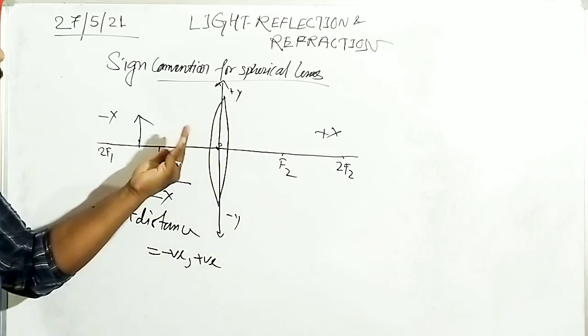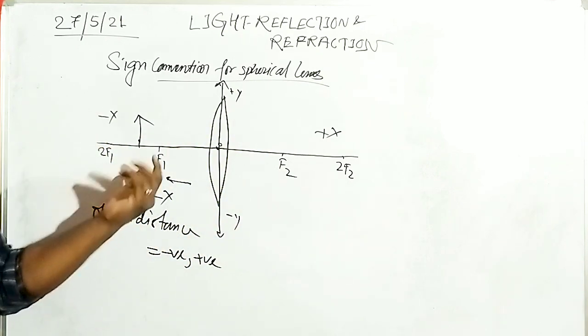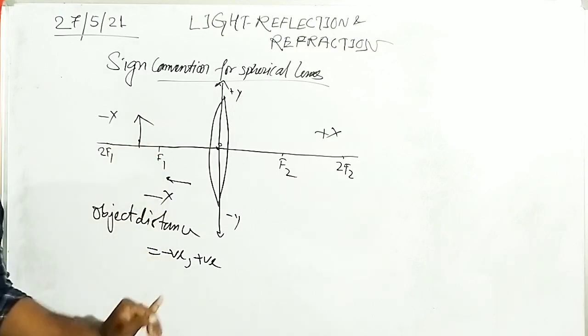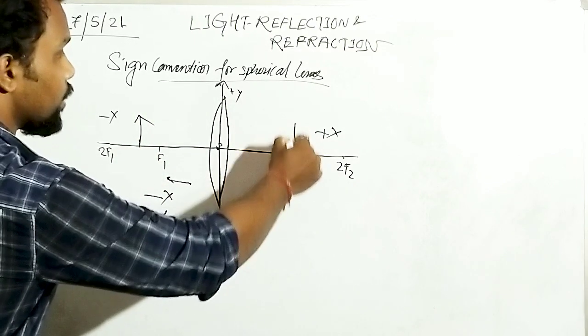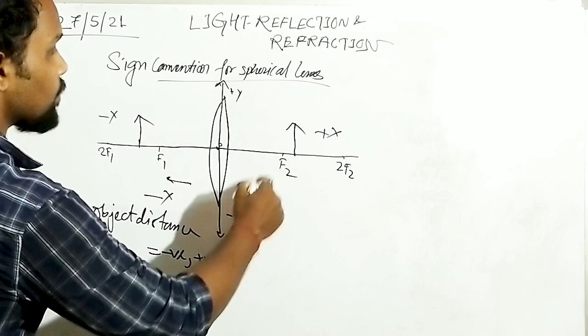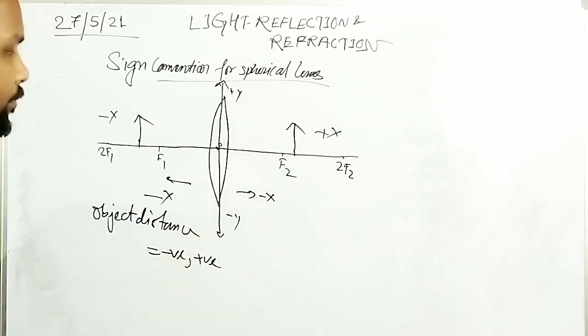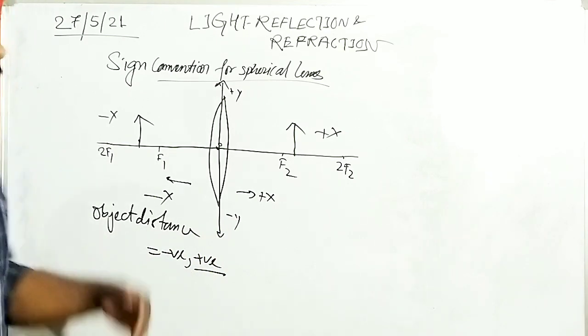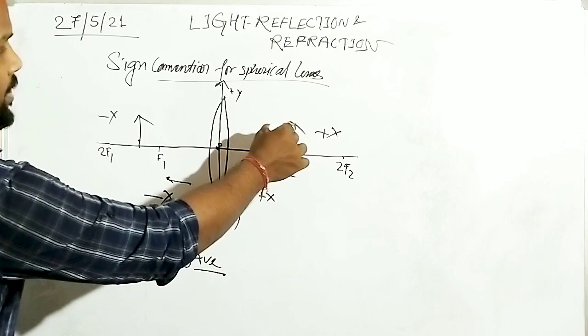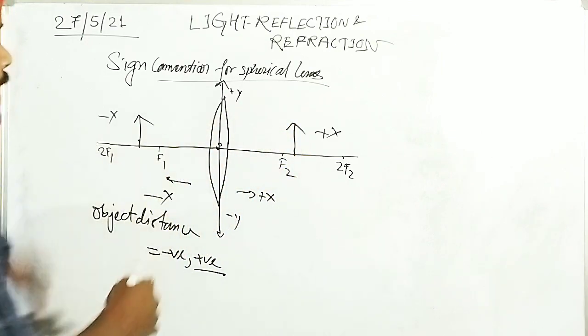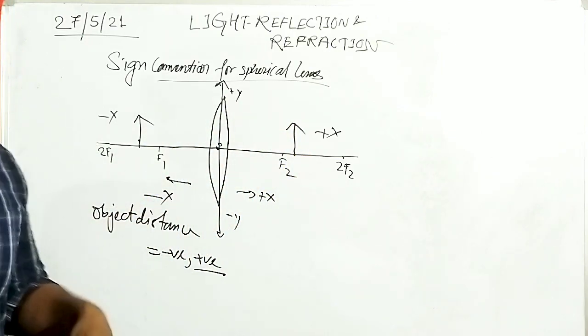That's why if we put the object on the left side, we get the object distance as negative. If I put the object here too, that means we put the object in a positive x-axis direction. That means the object distance can be positive too, right? For the right side object, with the image on the left side, the image distance can actually be positive and negative.